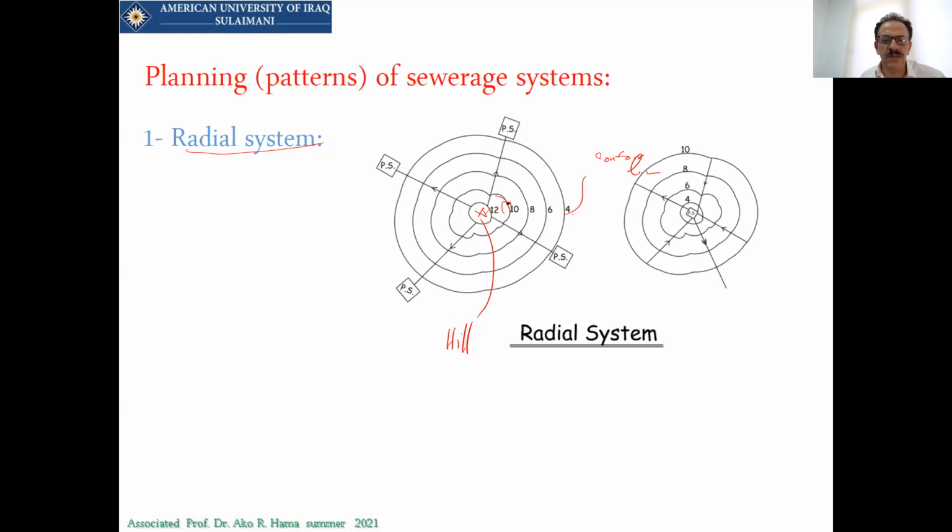The houses cannot drop their waste directly to the bottom. They have to collect it in a ringway, and then there will be another ringway, and another, and then we will have a pipe just for collecting this, and there will be a pump station.